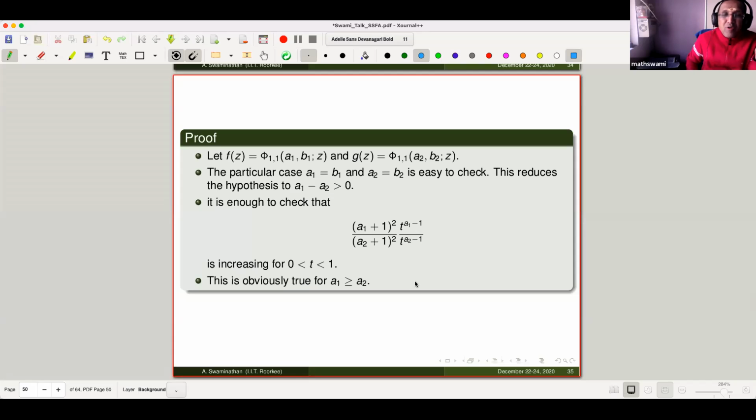We take f as one of these functions, the numerator function, and g as the denominator function. Of course, the particular case when A1 equals B1 and A2 equals B2 is easy to check, because that follows from the result of Roth, Rushava, and Salinas. Hence this reduces the story to A1 minus A2 positive. So what we are trying to say is we are interested in checking only one part, because in their result of